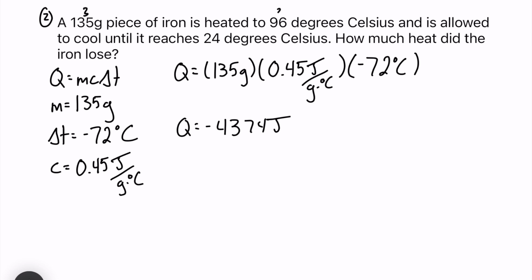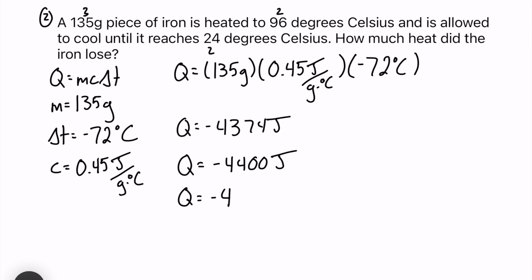So we have 3, 2, and 2 and 24. So we're going to go ahead and keep 2 sig figs. So our Q is going to be negative 4,400 joules. And again, if you want to take it one step further, we are going to say that iron